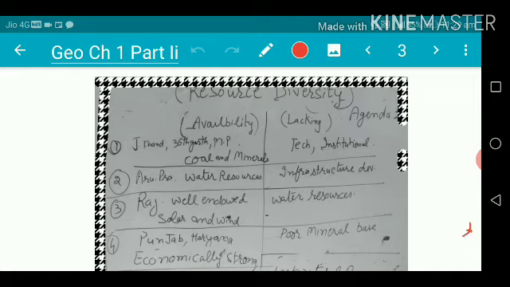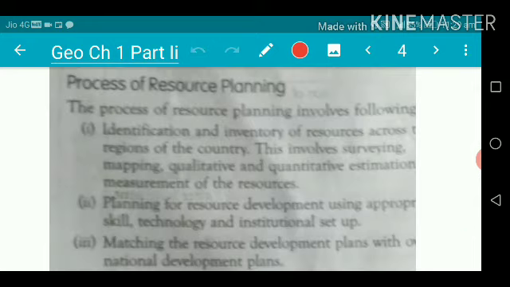Another example we see is from Punjab and Haryana. These states are very strong economically, meaning per capita income is very high over there, but there is a poor mineral base. Another is Jammu Kashmir and Ladakh. It is rich in its cultural heritage but lacks natural resources. And this is the diversity. To maintain it, we have to make resource planning. Resource planning is a very important process for the appropriate utilization of the resources available in our country. As we have seen that we have diversity in the resources,